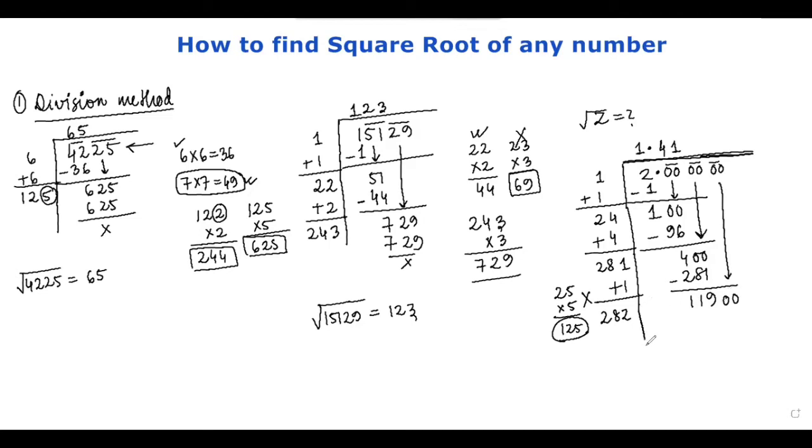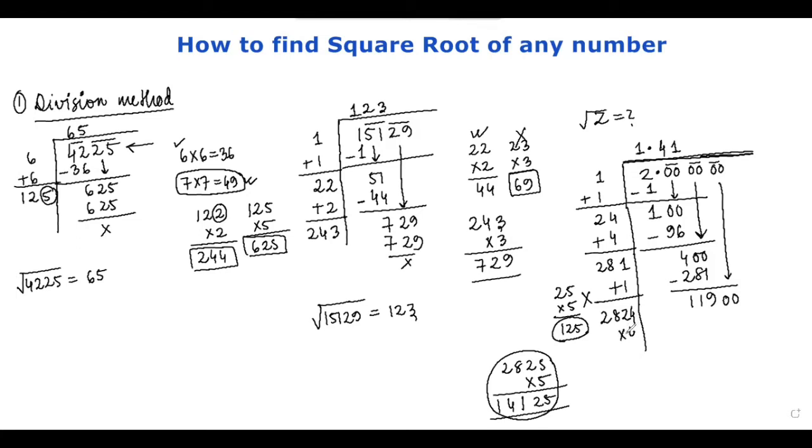Okay, again we have to find a digit. So now look, here we have 2 and here we have 11. Okay, so we can see that 2 5s are 10. So the digit that we have to take is roughly 5. Okay, so if I take 5, let's see what happens. As 5 5s are 25, up to the 10, 12, 21, and becoming 14125. So it is getting bigger than 11900. So we'll have to stick with 4.